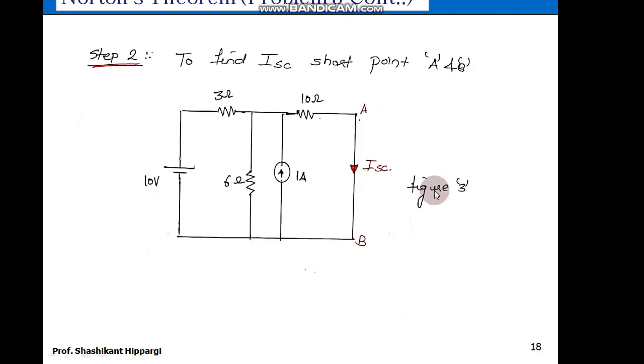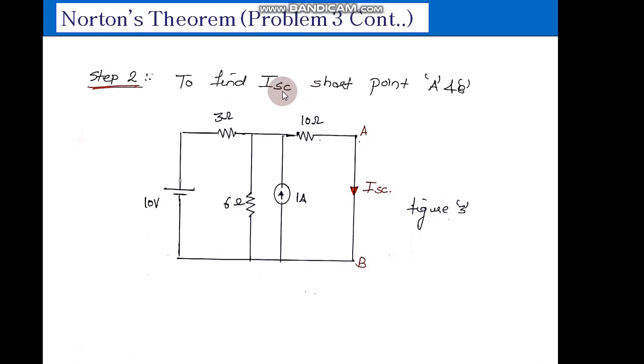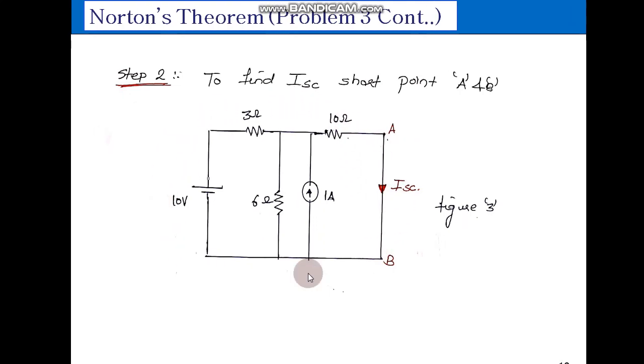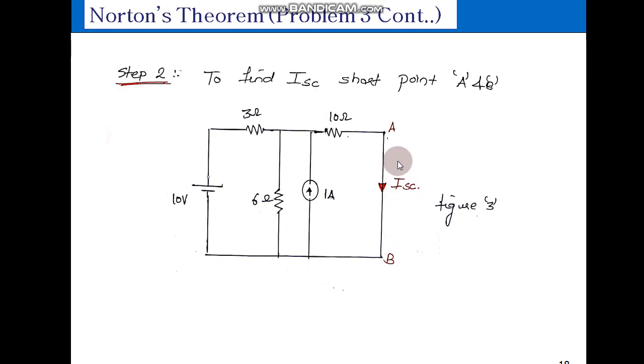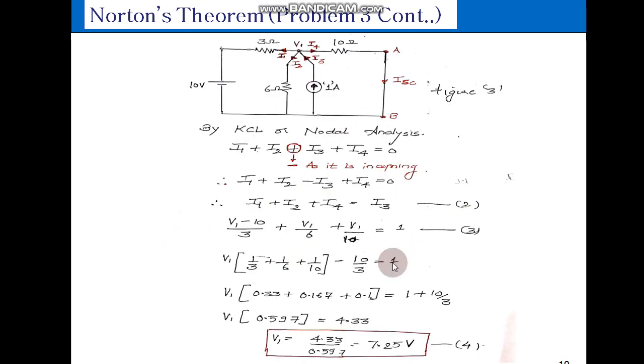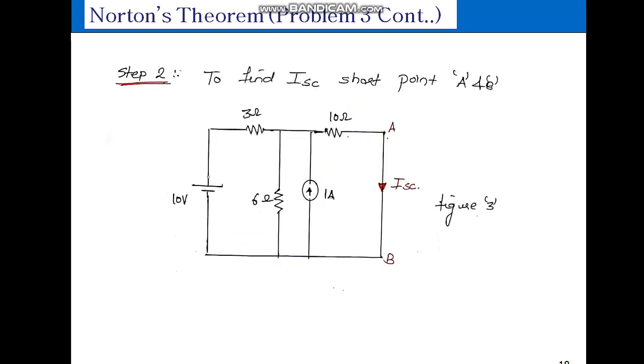Now to find the Norton's current ISC, we should short circuit these load terminals A and B. So as seen in the previous examples also, the load terminals are short circuited. The whole circuit is same as it is, just short circuit the points A and B. Once we short circuit it, I have tried to convert this whole circuit into a very simple circuit which you can understand. If you see, these two terminals are one and the same because we are connecting it with a single wire, or it is a short circuit.